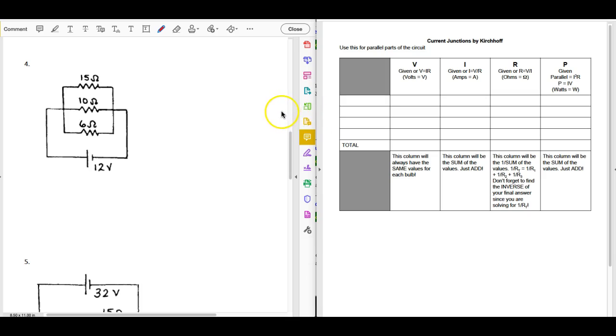So in the last video, we did number 3, that was a series circuit, and in that one, we used the loop rule. We said that anytime you go through a loop, if you add the voltage at the battery plus what is dissipated by the resistor, then that should equal 0. So we'll take a look at that a little bit in here, but this one is primarily about using current